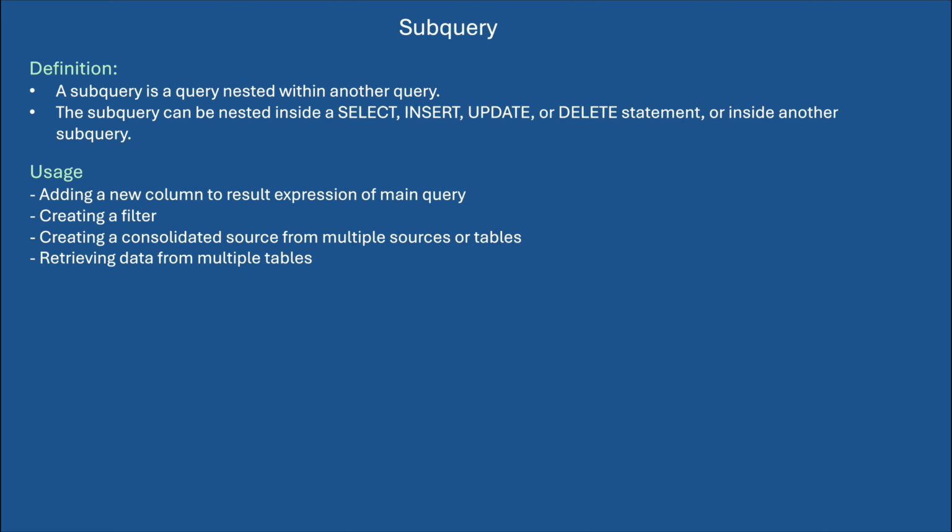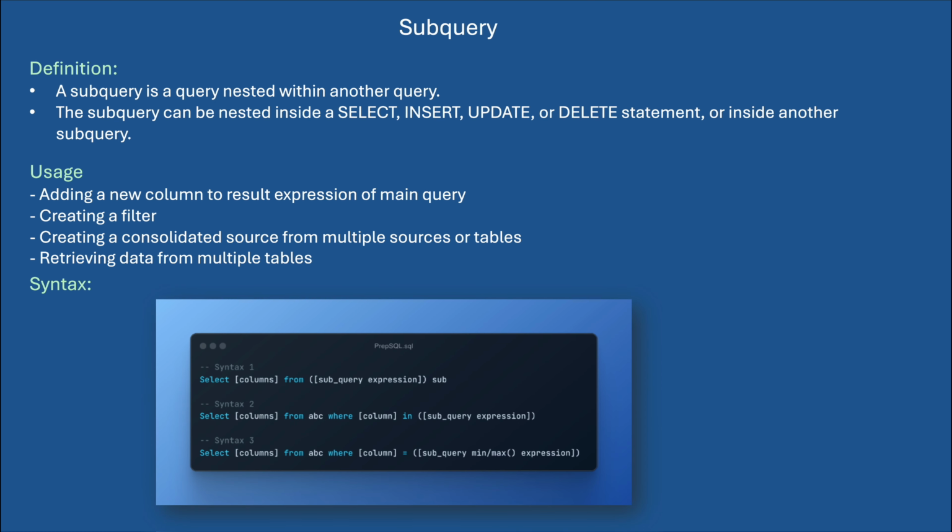When we want to add a new column to the resulting expression of the main query, we use a subquery. For creating a filter, we use subqueries in the IN statement or equals to statement. For creating a consolidated source from multiple sources or multiple tables, and retrieving data from multiple tables, we can also use subqueries. In terms of syntax, a subquery expression can be in a FROM statement, IN statement, equals to, or within